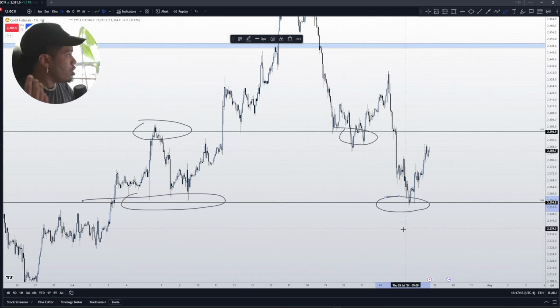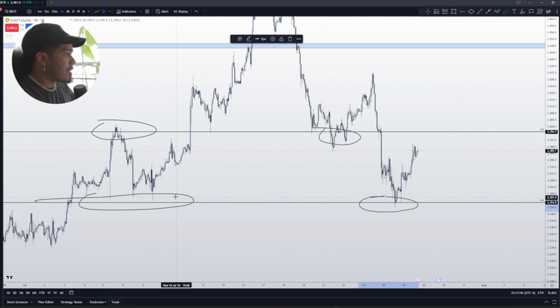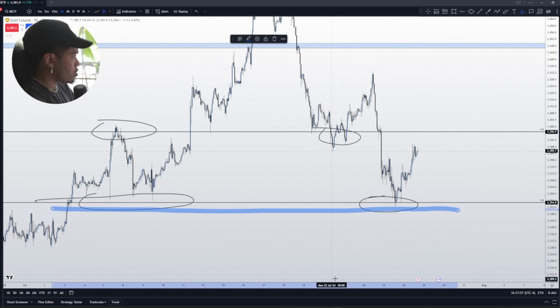So here, now I'm breaking it down to the 1 hour. Remember, we were in the daily, 4 hour. Now we're in the 1 hour, guys. I'm trying to break it down as fast as I can, but making sense. I don't want you to leave confused and not understand what's really going on. So right now, we understand that at this zone where we have these circles down here, we are getting rejection. We are having buyers fill in price right here. We have lots of buying pending orders there. So buyers are filling in price at the 4 hour level.